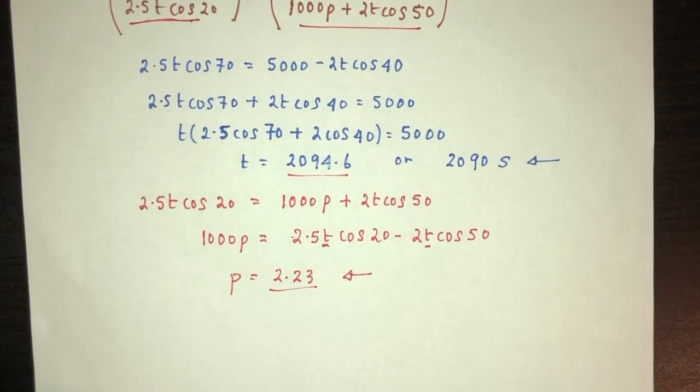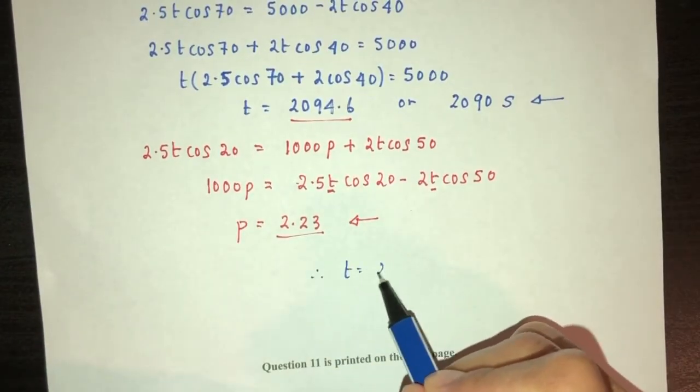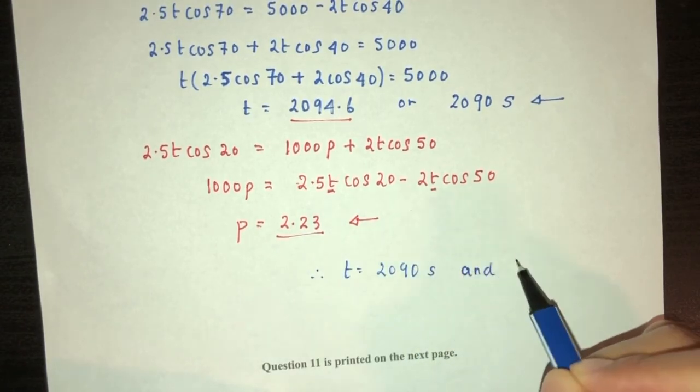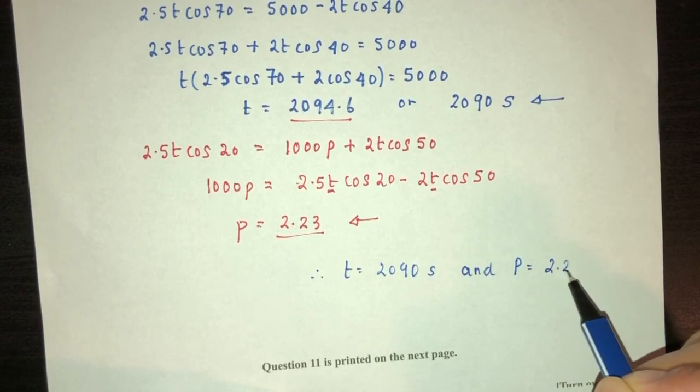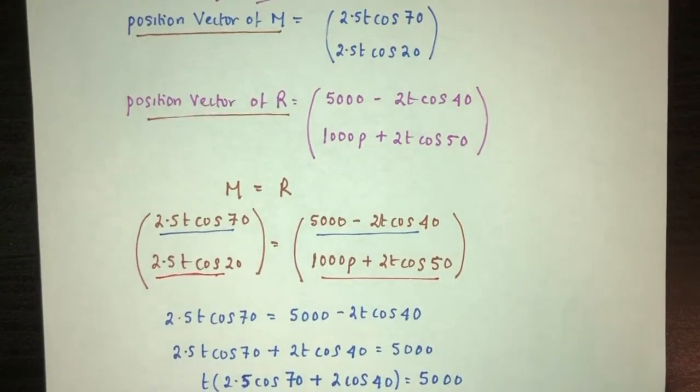Okay, so basically in the end, your value of t is 2090 seconds, and your value of p will be 2.23, correct to 3SF. And that is your question number 10. Question number